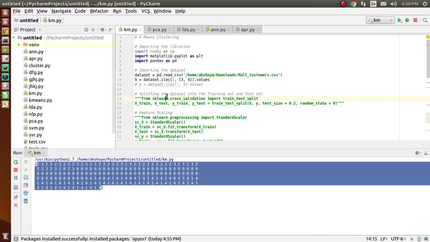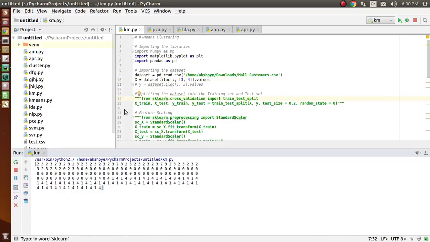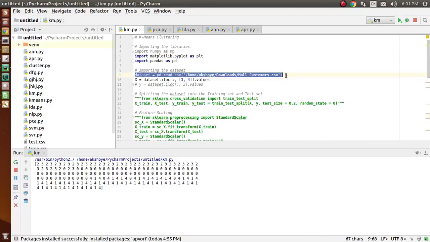So coming to the coding part, first of all we need to import the libraries. We have imported matplotlib for plotting the graphs. I have already shown you the graphs. We have imported pandas for importing the datasets. After importing pandas, we have imported the dataset Mall Customers using pd.read_csv.